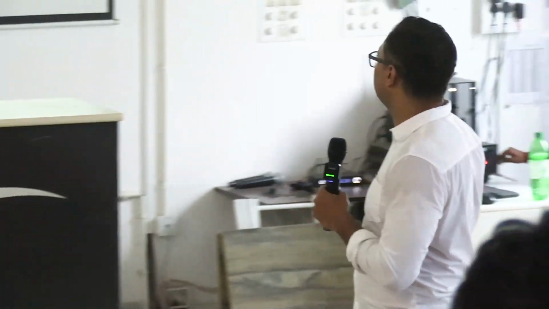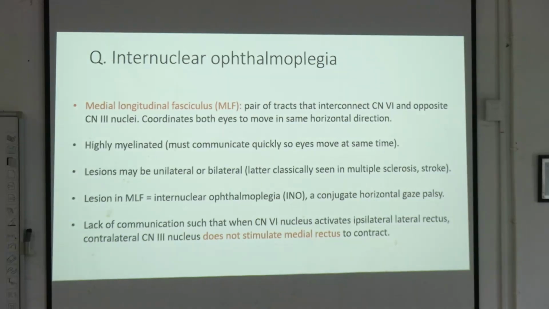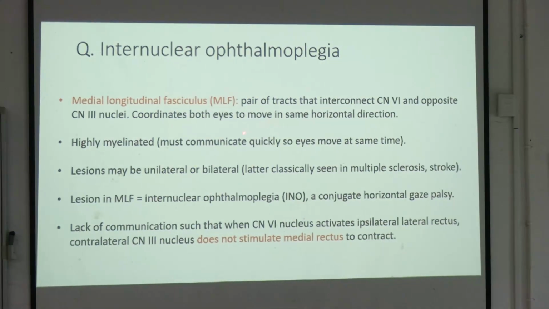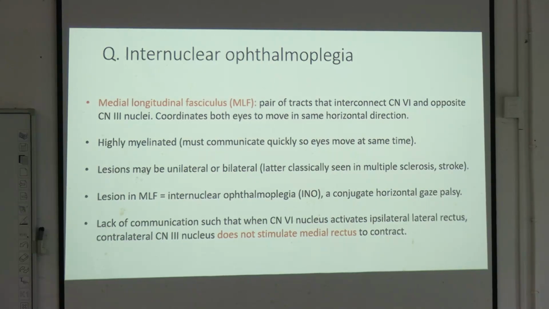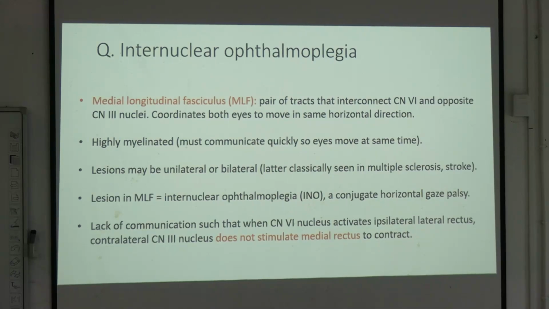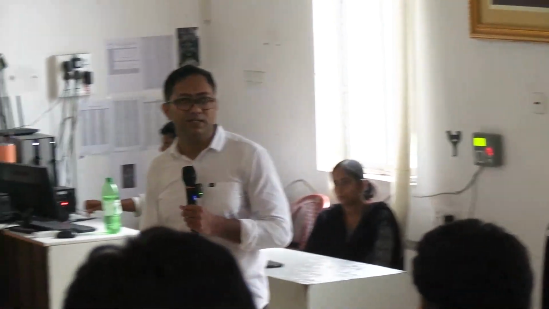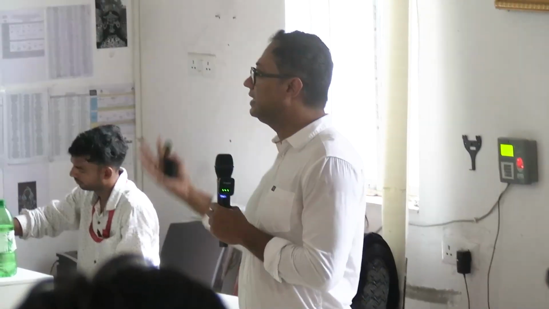The medial longitudinal fasciculus is a pair of tracts that interconnect cranial nerve 6 and the opposite cranial nerve 3 nuclei. It coordinates both eyes to move in the same horizontal direction. It is highly myelinated and must communicate quickly so your eyes move at the same time. That means for the lateral rectus and medial rectus to move at the same time, the medial longitudinal fasciculus is highly myelinated and the speed is very high. So the lesion may be unilateral or bilateral. If there is an injury in the medial longitudinal fasciculus, we call it